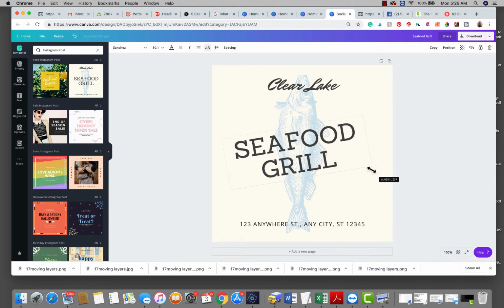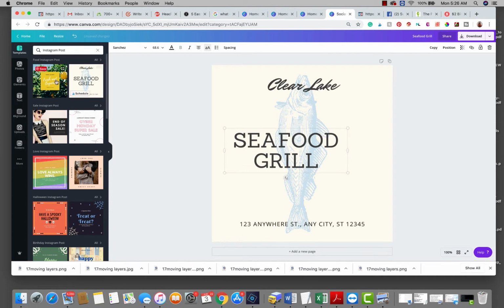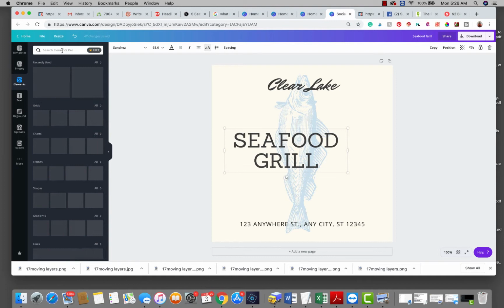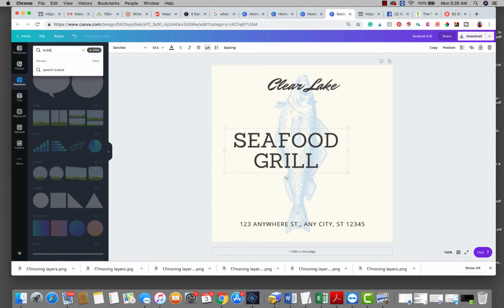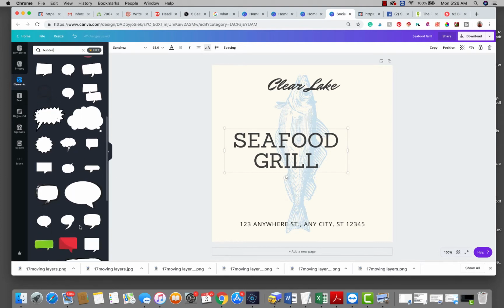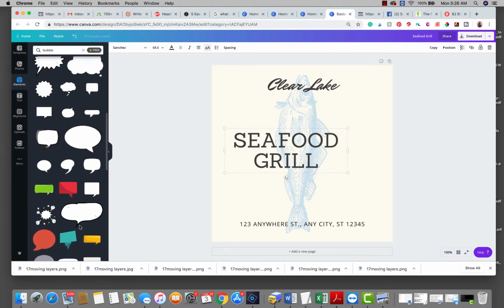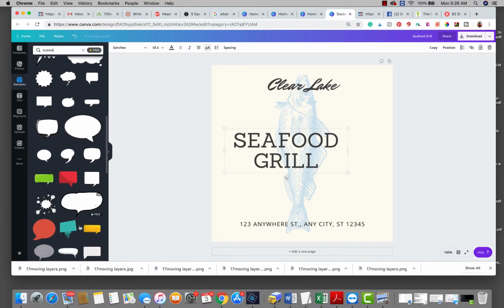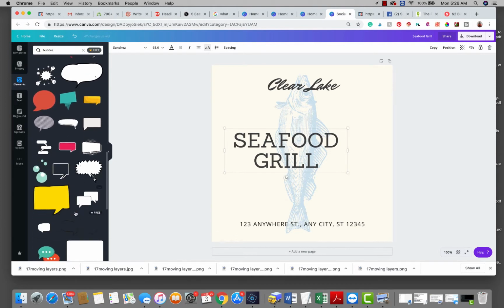Okay, so then let's put this in a bubble. That's another way to make it stand out. This might not be the perfect design for the example, but I'll at least show you what I'm talking about here. So let's go to Elements and just search bubble. And it brings up all these different shapes of bubbles that you can use. Okay, we're going to pick one with a little bit of color, just because our design is,